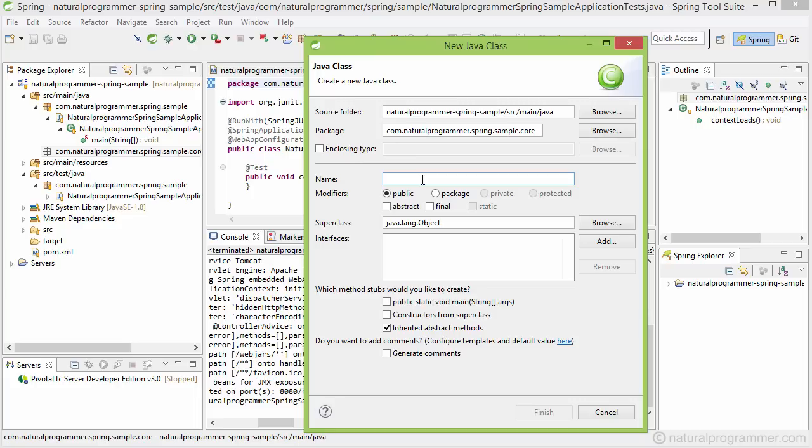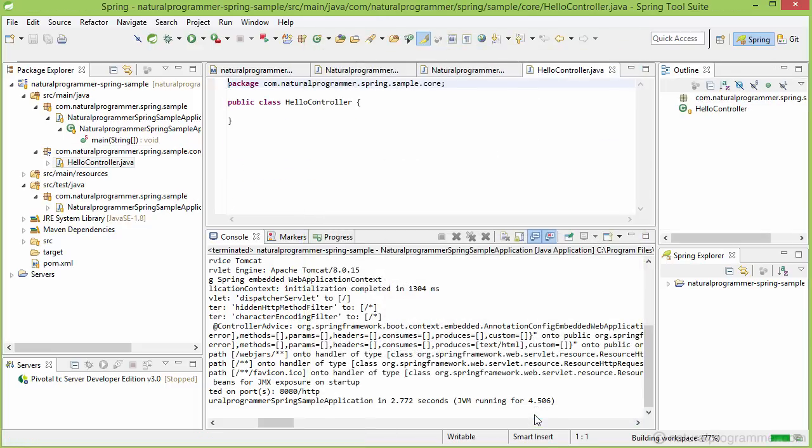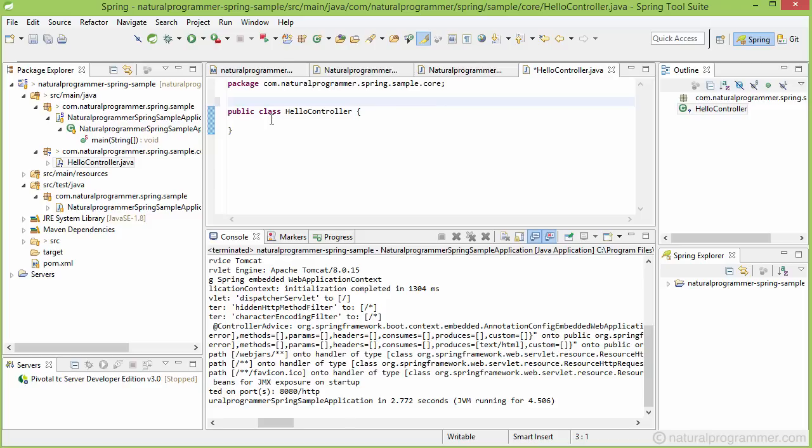Let me name that class as HelloController, and then let me click on finish. This class we need to annotate with RestController. Then let me save it